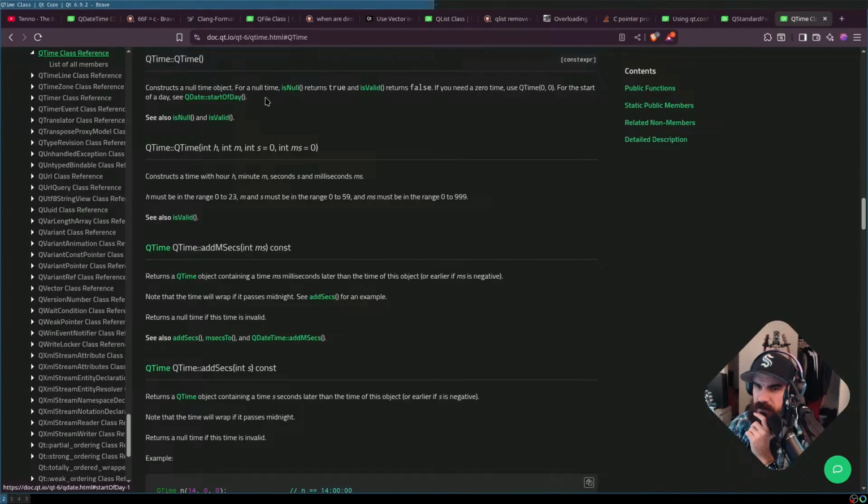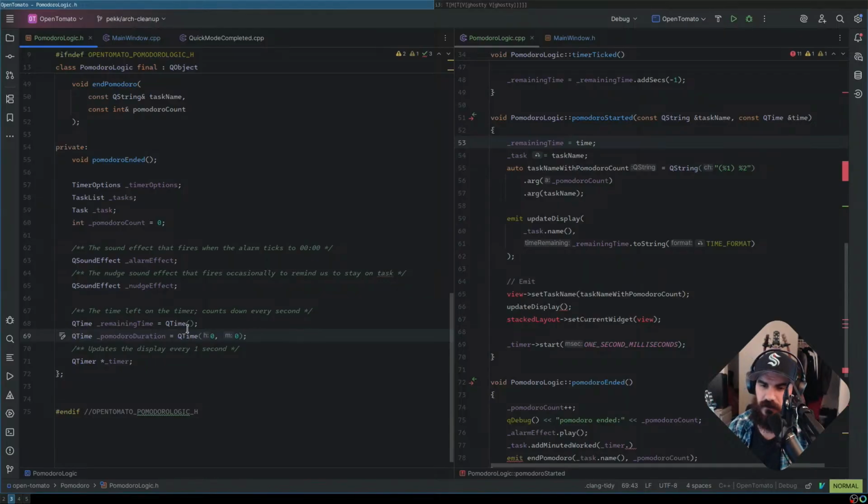Constructs a null time object. Returns is null, returns true, is valid, returns false. If you need 0 time, use this. Okay, so this is good. This might not even be what we want necessarily either, but I think that's okay.